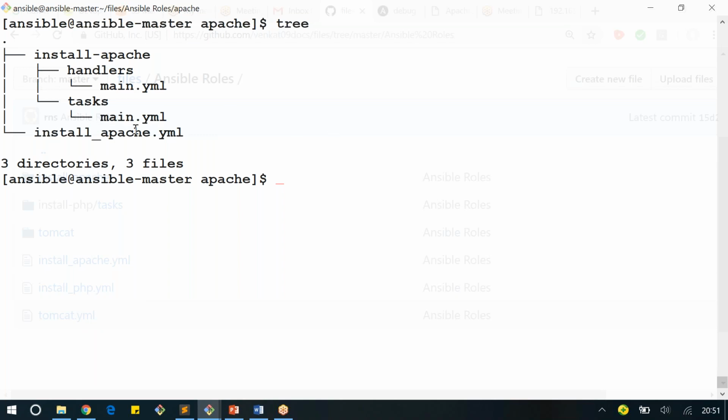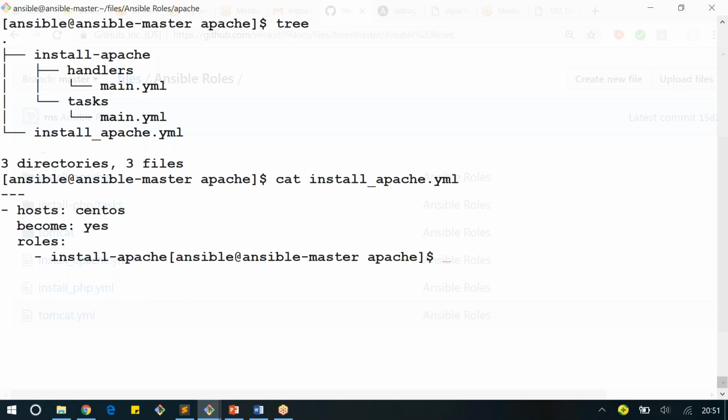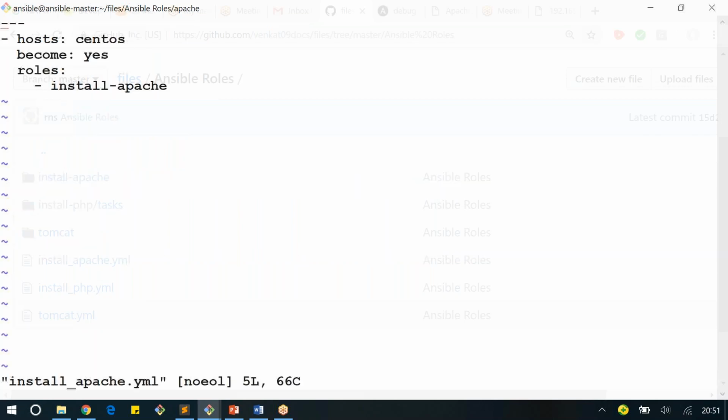But how does the main playbook, if you just observe that, the objective is the same, but this is just better organizing of our playbooks. So here, if you just observe, only 3 lines are there. What are those 3 lines? Okay, let me open this. Yeah, so what are those 3 lines? On which host you are going to apply, and